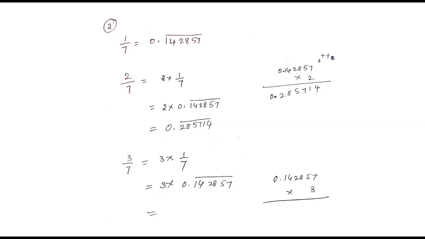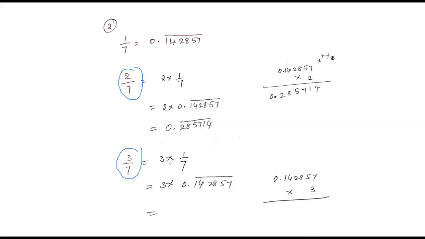Sir, I have a doubt. Why did we multiply it with 3, sir? Here they have given these questions: 2 by 7, 2 by 7, 3 by 7. Do you have the ebook? No, sir, not on this mobile. That's why. They have given 1 by 7, and you have to find 2 by 7, 3 by 7, 4 by 7, 5 by 7 like that. So this is the question. Clear? Okay, sir. That's why we are multiplying.